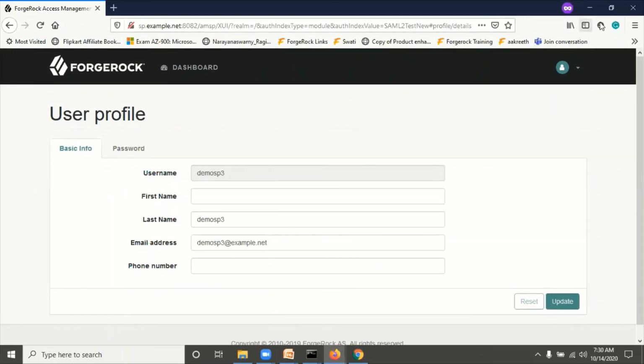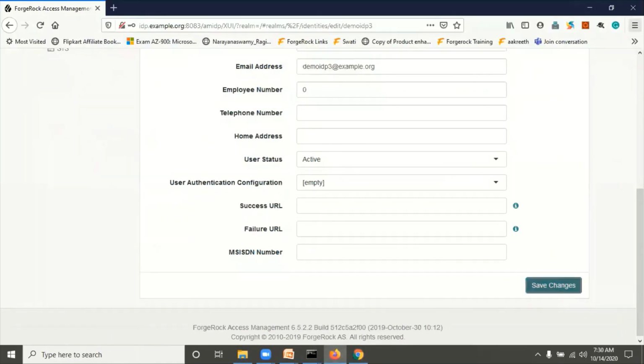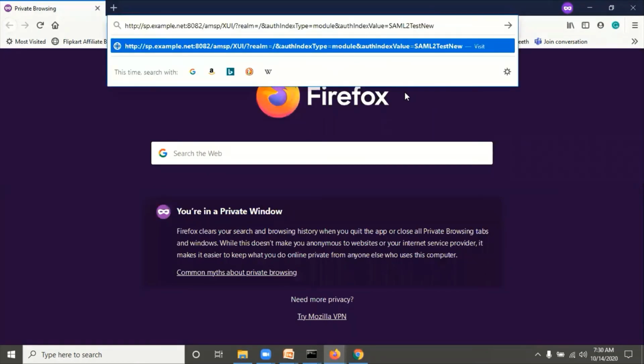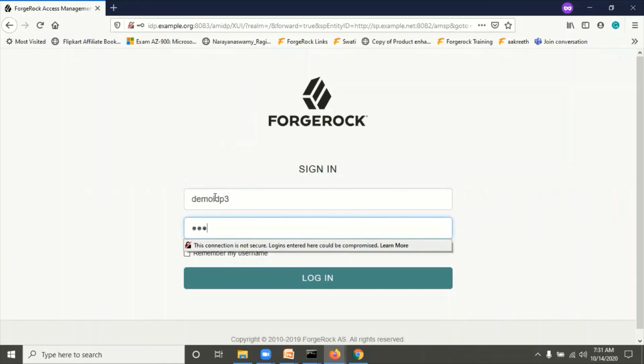Then close this browser, open a new private window, and again try to access the same application. Then what will happen? See, this SP application redirects to the IDP application. Now again enter the IDP username and password, demo IDP3 and admin1234.